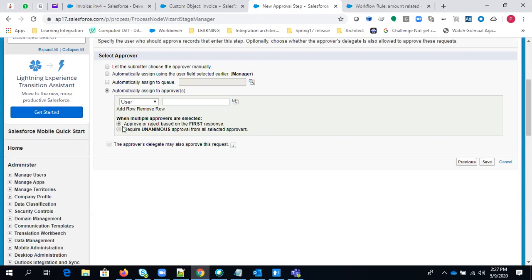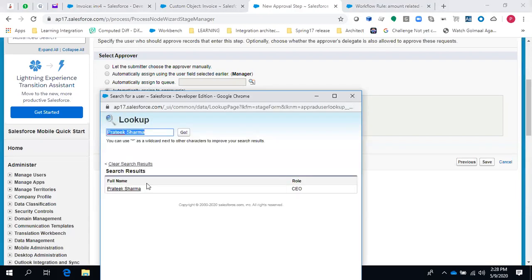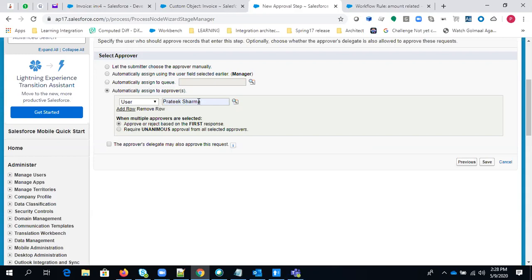So I'm just selecting a user here. Let's say I want to give this to myself, because we don't have many users, or we can assign it to another user, but we need to change his or her profile, as this is a custom object.